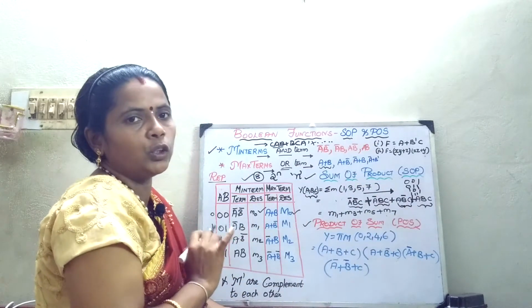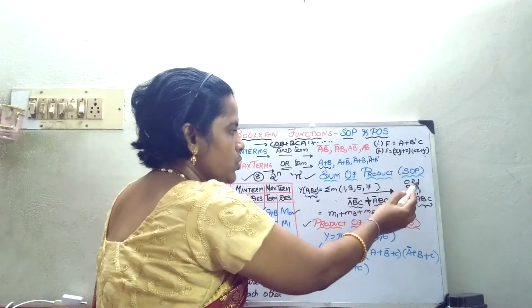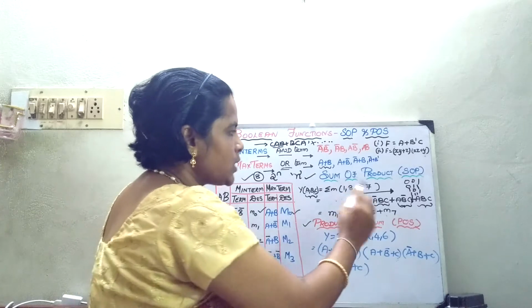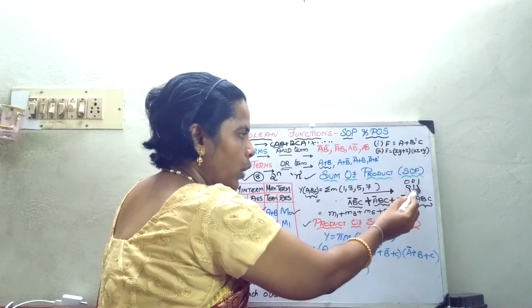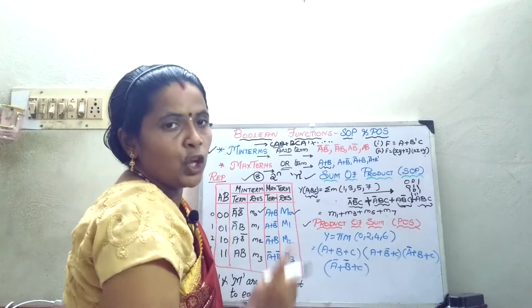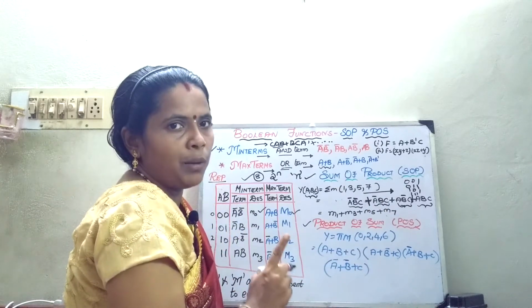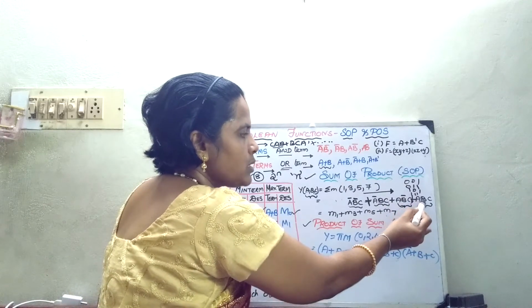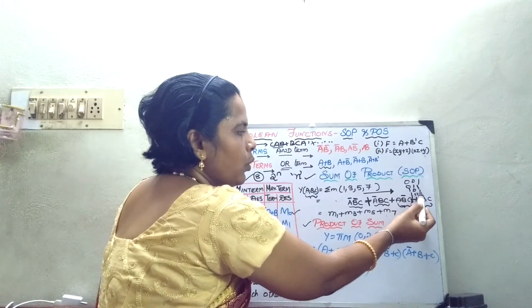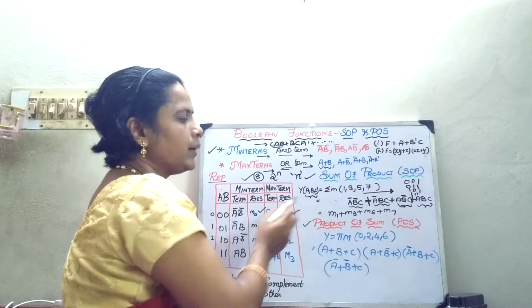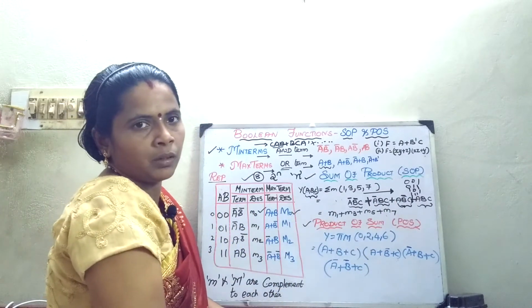Now you follow the rule here. First one is 0, 0, 1. So at A and B literal I have put a bar. Next when I am going to come for 0, 1, 1. So 0 I have put a bar and other things I left it as it is. So 0 should be complemented and 1 should be in the normal form. Let us take this condition. 1, 1, 1 means ABC. 1, 0, 1 means in this place alone I have put a bar. So this is how to write the expression.